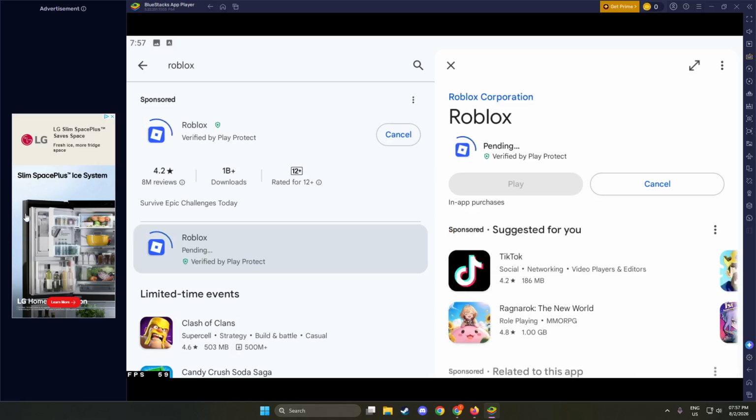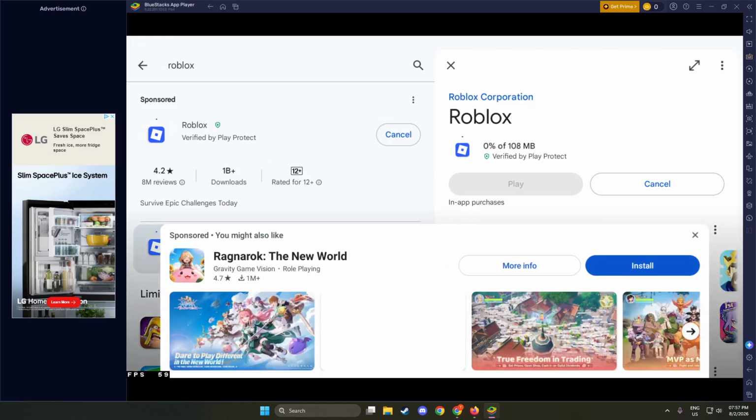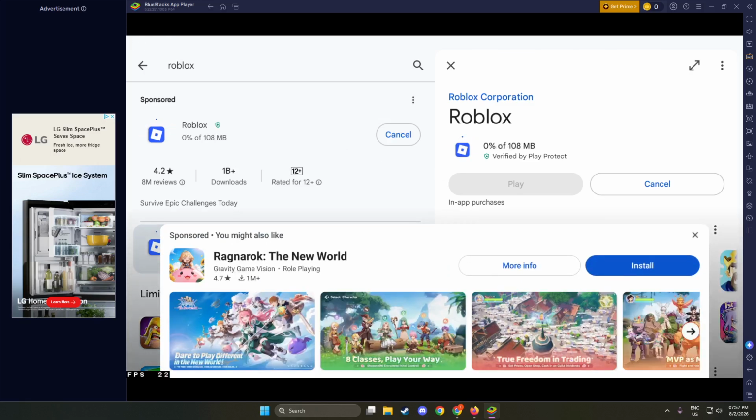Click into the Play Store search bar at the top, type the word Roblox, then press Enter. A list of results appears, with the main Roblox app usually at the very top. The correct Roblox listing has a square icon with the tilted square logo and the developer name Roblox Corporation underneath. Beginners sometimes click an ad result instead, so make sure you choose the official one before continuing.